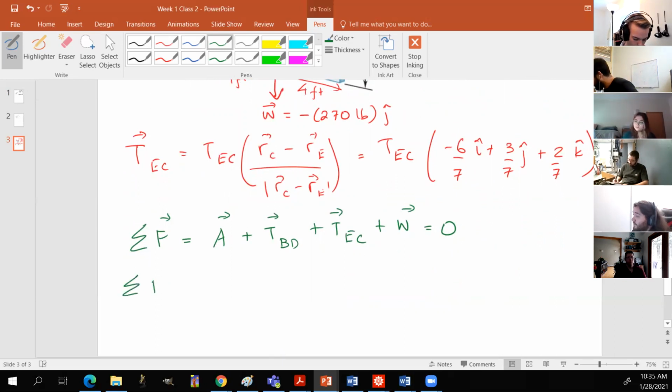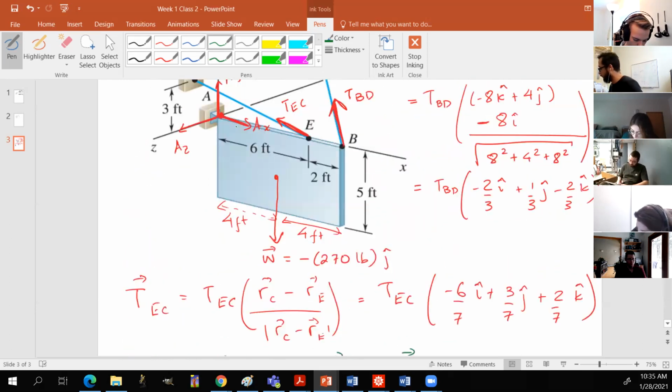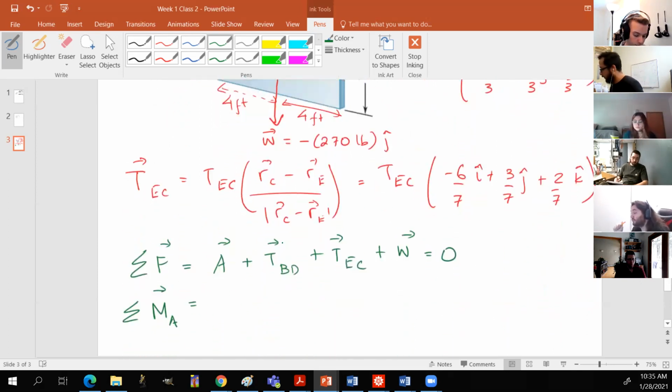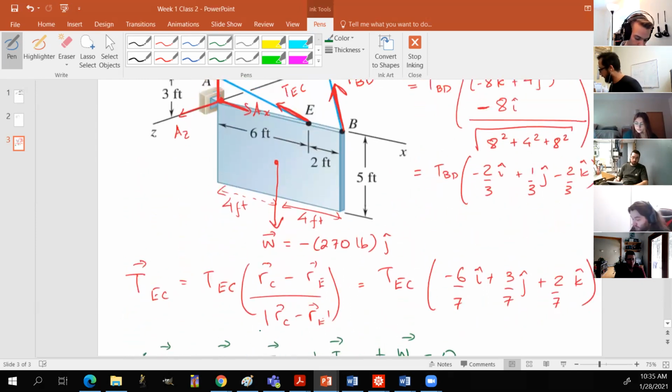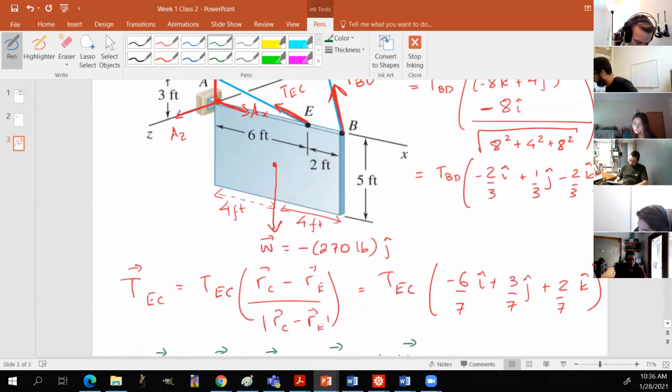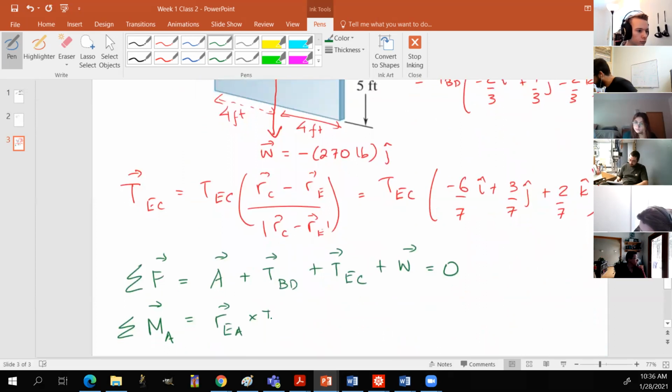And then again, for your moment equations, you take moments about the point A, right? So when you're taking moments about the point A, the only forces that you have to worry about are TEC, TBD, and the weight W, right? So that moment is just going to equal, let's say, R of, what do we call it? From E to A crossed with TEC as a vector plus